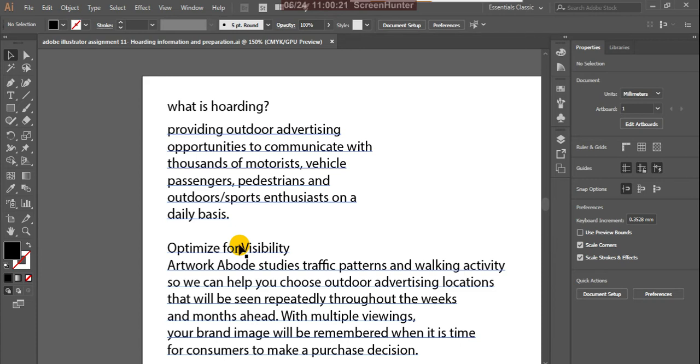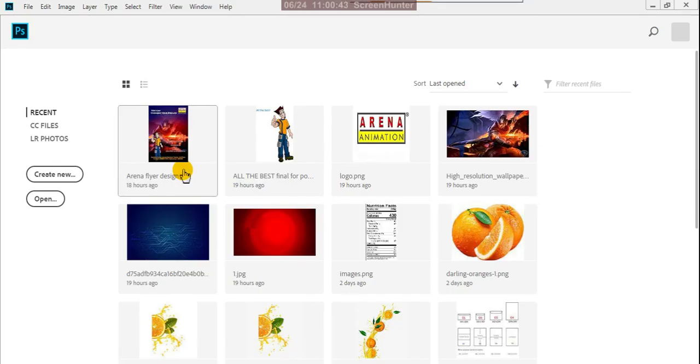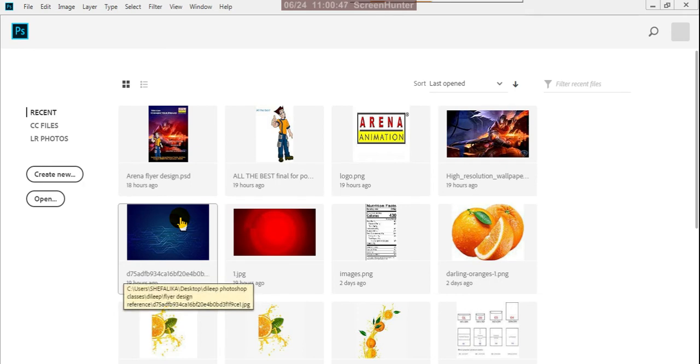The reason is, you can design in Photoshop also, but Photoshop is a raster based program. If you design this kind of prestigious, huge, high quality, big branded product in Photoshop, because of the rasterization it may show some pixelation effects.